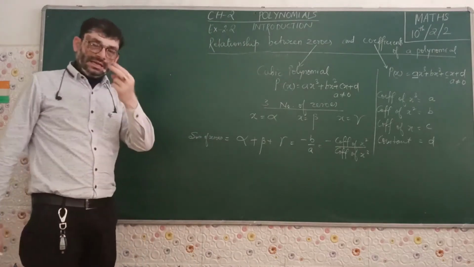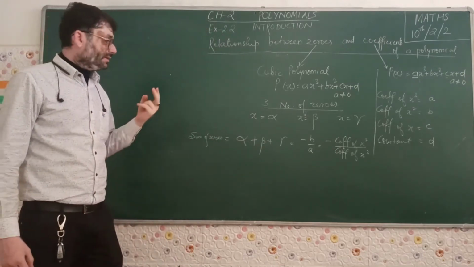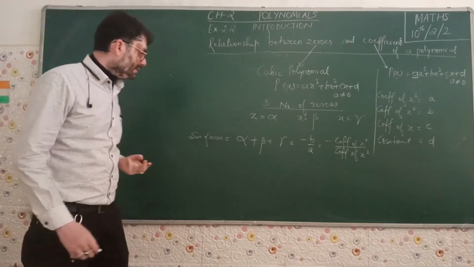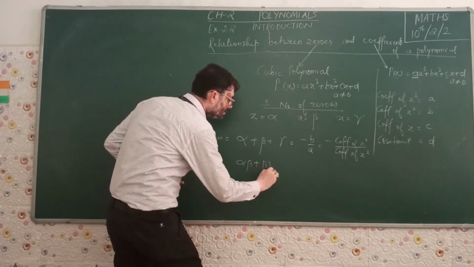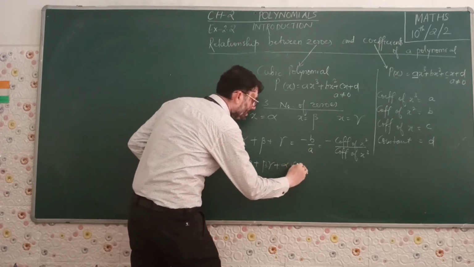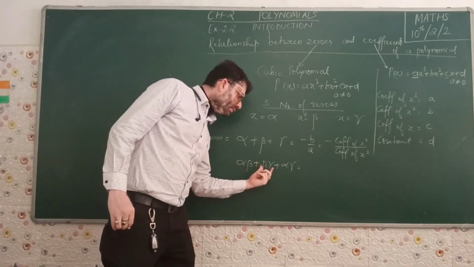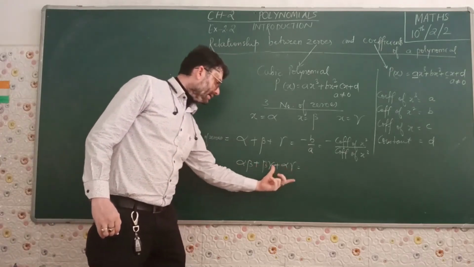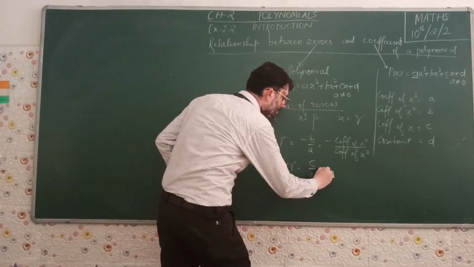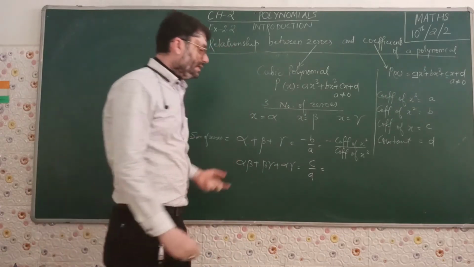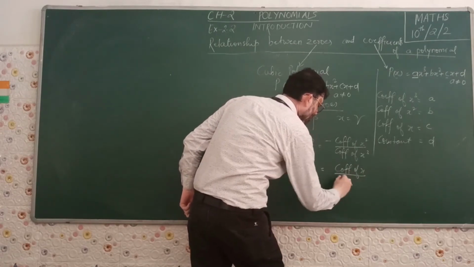Now, second, taking two zeros at a time. That means the sum of the zeros taken two at a time: alpha into beta plus beta into gamma plus alpha into gamma. Here we have taken two different zeros at a time and their sum. This is given by the relation C upon A. What is C? C is the coefficient of x upon the coefficient of